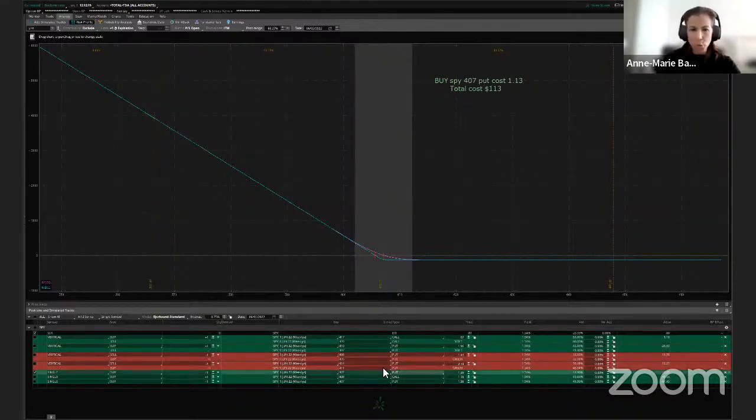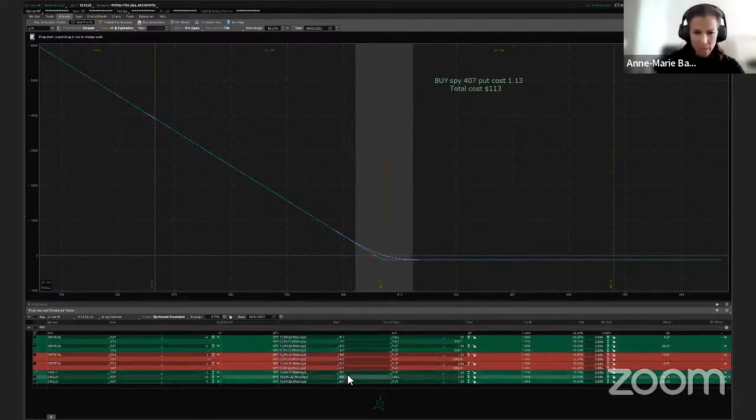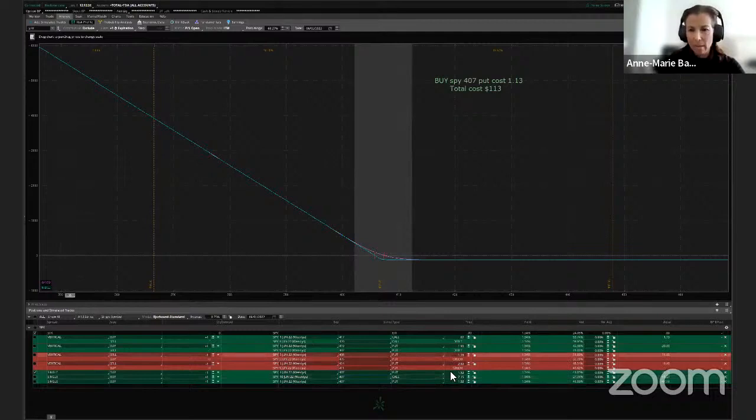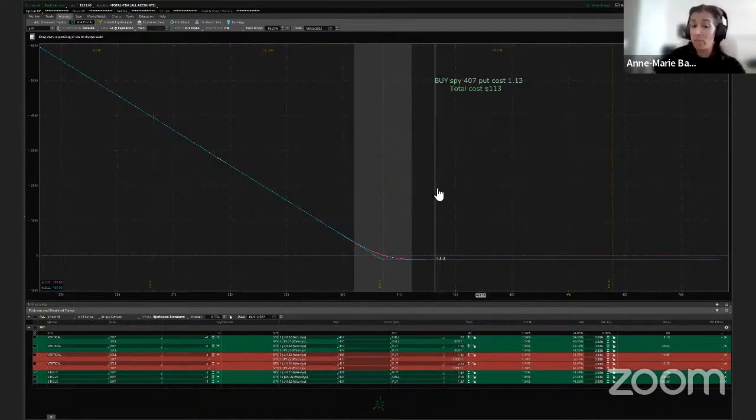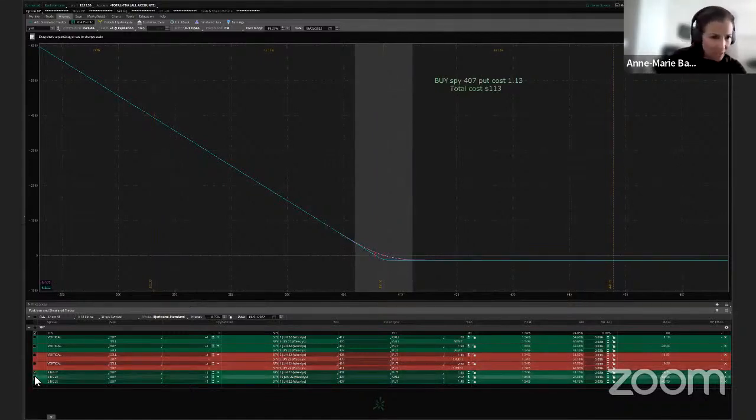If I wanted to buy the SPY June 10th 407, same strike, notice here it says my total loss is how much I bought it for. Anytime you buy something, the total loss that you will ever take is the amount that you bought it for, when you're looking at a standard spread. The second you start selling something, it opens you to a little bit more risk. So here we are, and if I buy the 407,